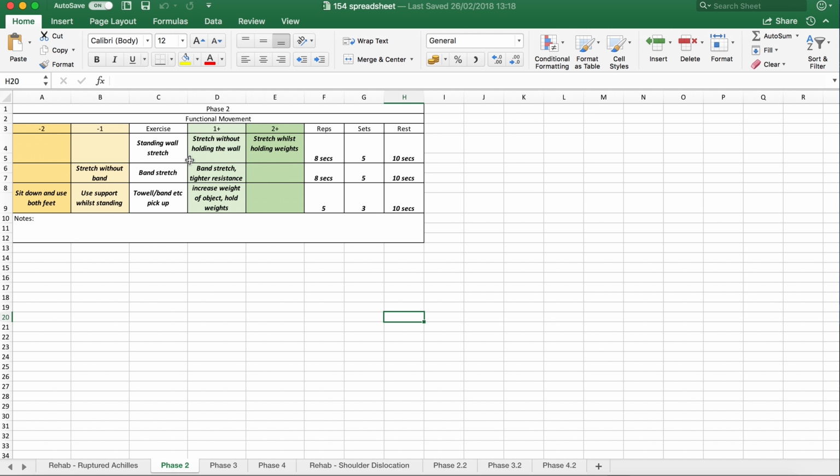However, to make it harder, we could try and stretch without holding the wall, without giving ourselves support, making ourselves do it by ourselves. And then to make that even harder, maybe holding some weights, adding some more weight to the exercise to make it more challenging for the client. Then in terms of reps and sets, I haven't done traditional reps. I've done hold the stretch for 8 seconds, and then relax for 10 seconds, and then we're going to do that 5 times. And then the same with band stretch, which is another